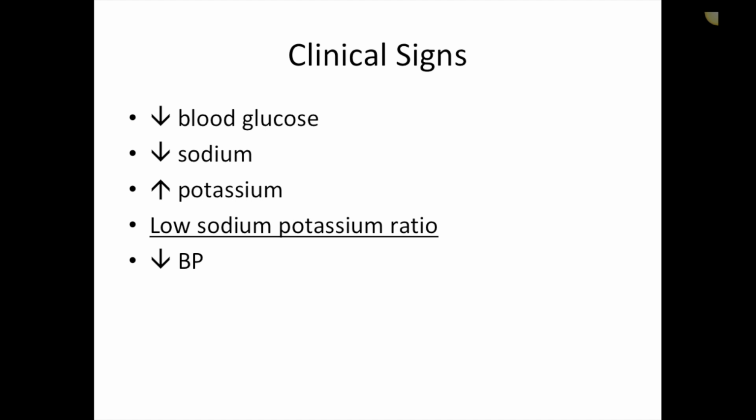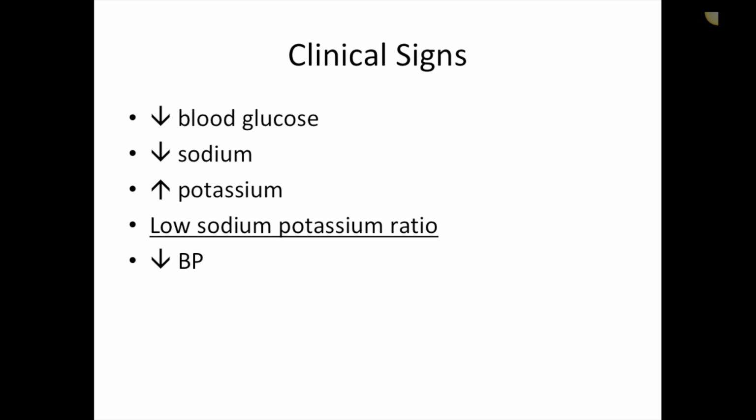Okay, so the laboratory signs: we have to run blood work that is looking for Addison's if we want to find Addison's. What I mean by that is most panels in clinic don't have electrolytes, and our electrolytes are going to tell us a whole lot about this dog if it is Addison's. What we often see is a decrease in blood glucose because, again, cortisol stimulates that process through the liver to increase the level of glucose in the blood. So without cortisol, we're not getting that boost of blood glucose when the body needs it.